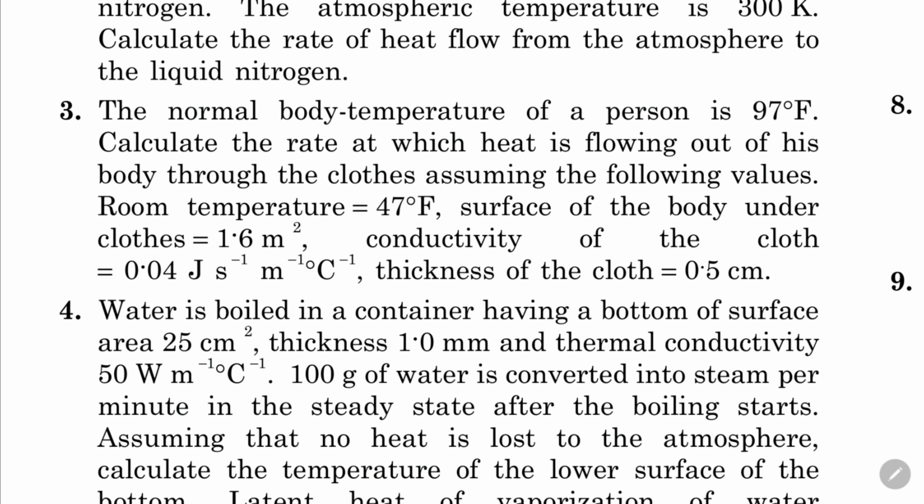In the third question, normal body temperature of person is 97 degree Fahrenheit. Calculate the rate at which heat is flowing out of his body through the clothes assuming the following values. So this is the third one. So what do we have? So first of all,